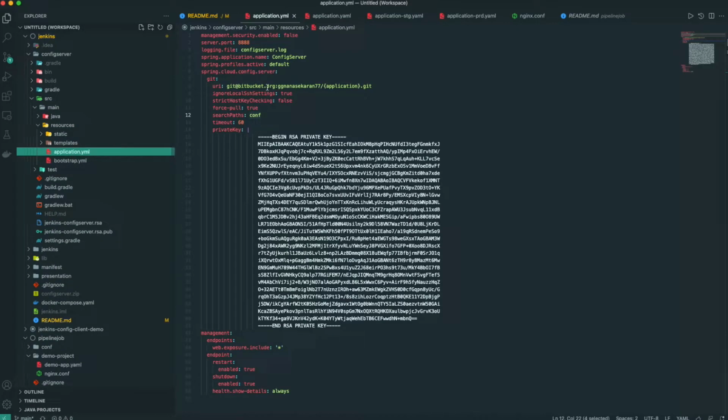So under config server, if I go to sources, and then main resources, application.yaml. So in application.yaml, we have to say in which port we're going to bring up the config server. I'm saying 8888, and then where I'm going to save my logs, I'm saying config server.log. I'm naming this application name as config server. So this one I will explain. This is a default profile I want to load while starting the Spring Boot application. And another one is